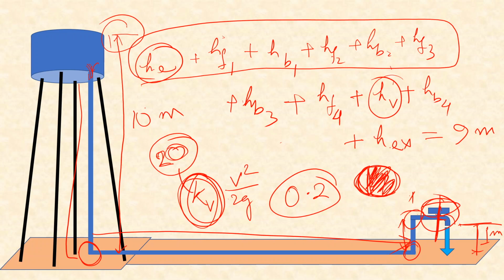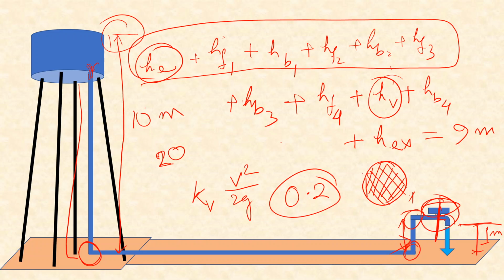Then if you close it even further, that is, if this is the cross section and you are only allowing flow through this small area and all the other parts are blocked, so in that case this value of k may go up to, suppose, 200 or 1000 and so on. You can keep on increasing it. Once you completely close it, that value becomes infinity. Once you put infinity here,